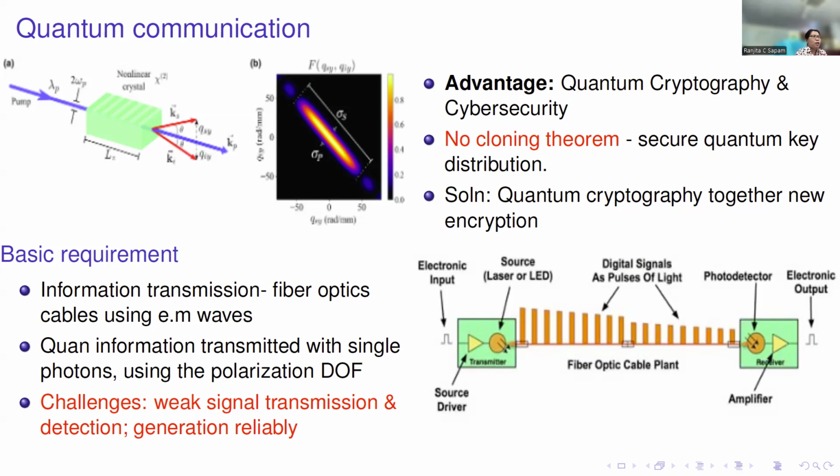But in quantum communication, we have to transfer a single photon. What does it mean? The photon's information can be lost. It's a single photon, and while it's propagating, the loss rate is very high. But there is one interesting property of the photon: it doesn't interact with its surroundings very much. So it's a bonus point of the photon. That's why we can use the photon to transfer the information.